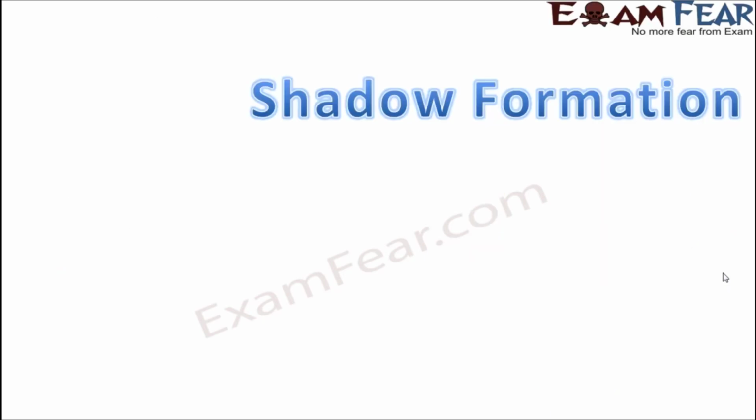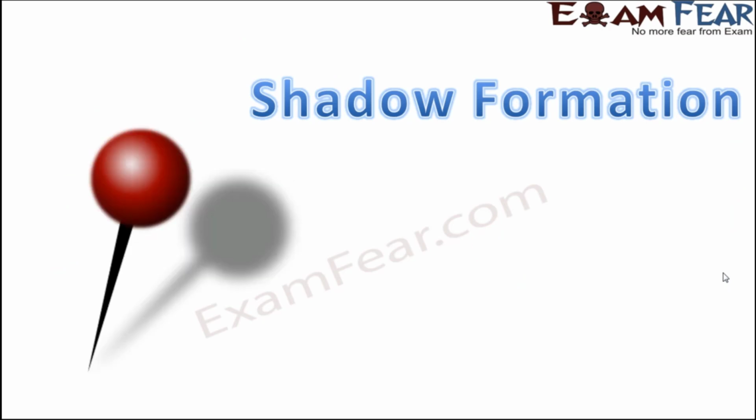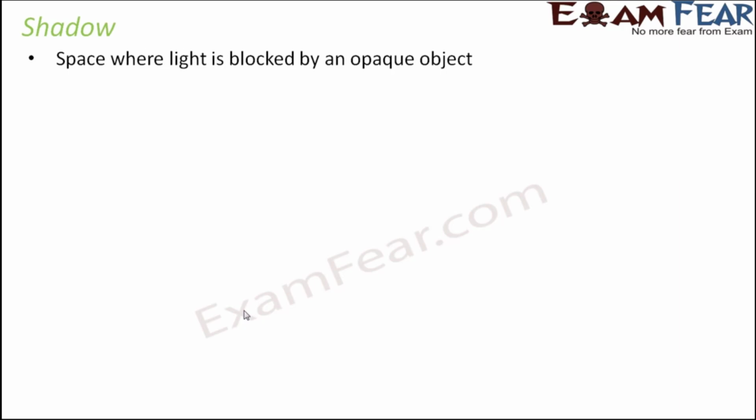Now, we have been talking about images, we have been talking about reflection. But have you ever noticed that with a lot of objects, images are not formed, rather shadows are formed. Whenever these objects are placed in the presence of light, you see a black shadow being formed of that object. So what is this shadow and how are shadows formed? Let's see, what is a shadow?